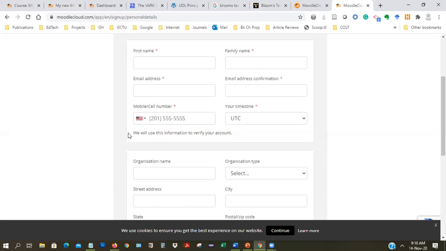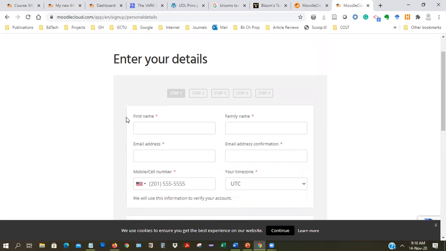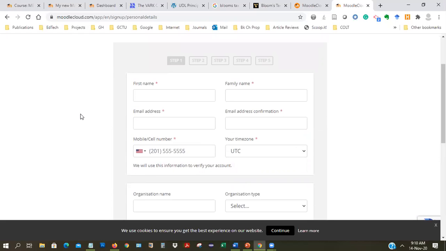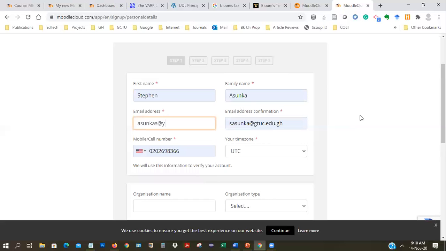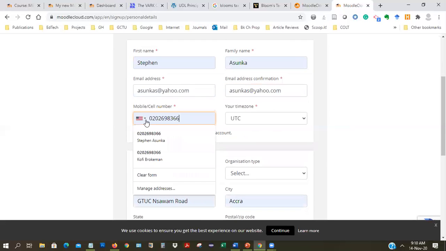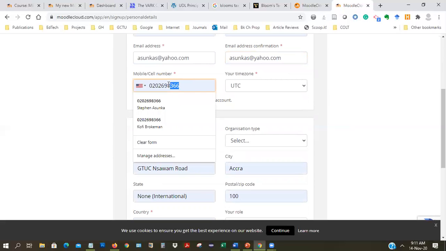There are some things called robots or bots that go on the internet and create accounts here and there. So once you submit your phone number and you get a text, you just enter it, and then you create your account. In fact, in the first place, it will ask for, so let me just do one more thing. Okay, let me put my name here. Oh, I think I've used this address already. Let me use my Yahoo address at yahoo.com. I have to change that. I remember I tried using this and then I was told that the phone has been used already. I don't have my other phone here, but let me use